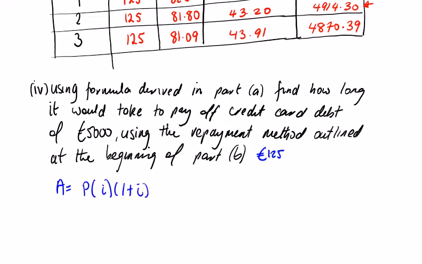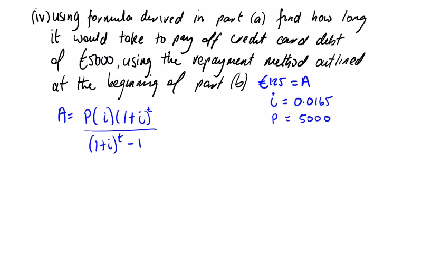So we're going to be using logs here because we're looking for T. So if I fill my information in here, that's A. I is 1.65%, so 0.0165, and the loan is 5,000. Okay, so we're going to have 125